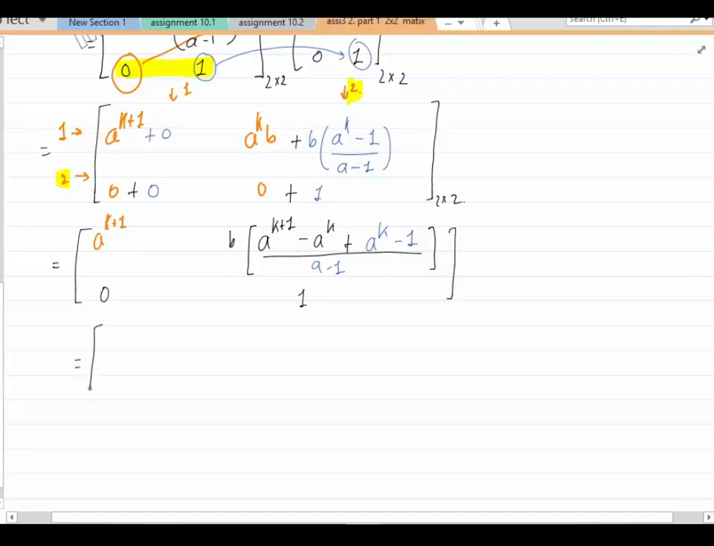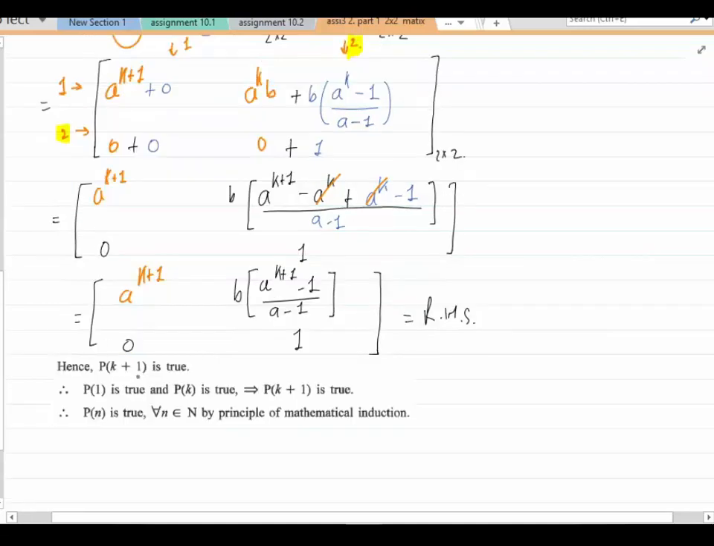So we can proudly say that these three terms will be as they are, and we just have to simplify the second term, and that can be easily done by cancelling a raised to k and a raised to k. So it will be b into a raised to k plus 1 minus 1 upon a minus 1, which is your required term. So tada, this is your RHS,